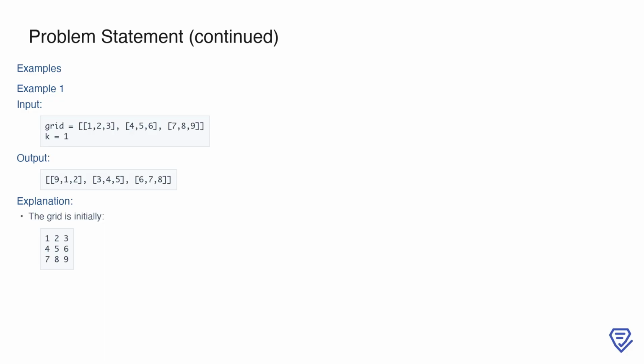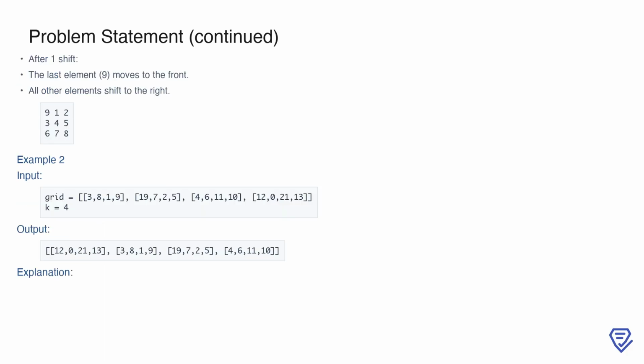Let's look at an example to clarify. Here, the grid is a 3x3 matrix containing the numbers from 1 to 9, and k is equal to 1. The grid starts out like this: row 1 contains 1, 2, 3, row 2 contains 4, 5, 6, and row 3 contains 7, 8, 9. The task is to shift the grid one time, so the last element, 9, will move to the front, and all other elements will shift one position to the right. After performing one shift operation, the last element, 9, moves to the front of the grid. All the other elements shift one position to the right. The updated grid is now: row 1 contains 9, 1, 2, row 2 contains 3, 4, 5, and row 3